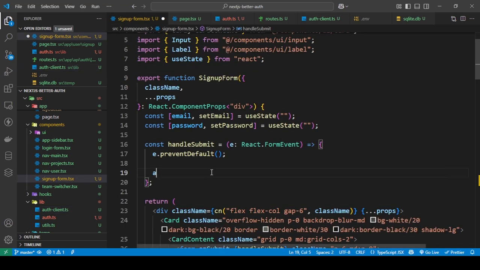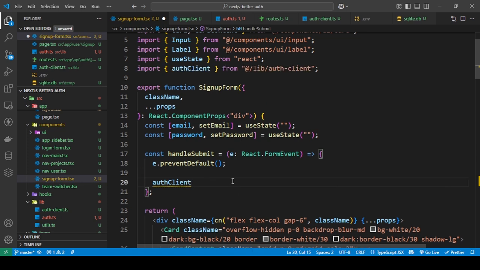So I'm going to say, auth client. Okay, and then we do, actually this is going to be a wait. So this has to be an asynchronous function. So, constant,